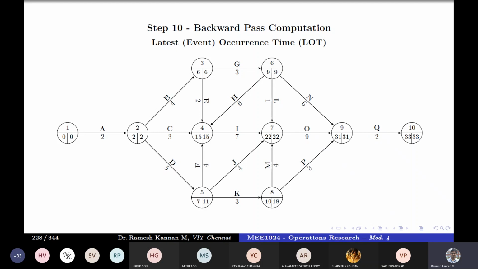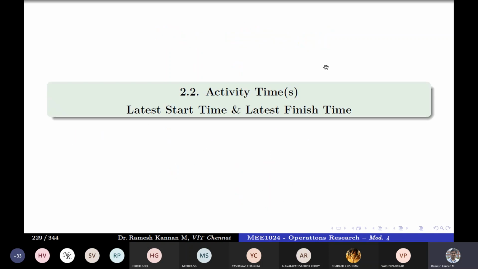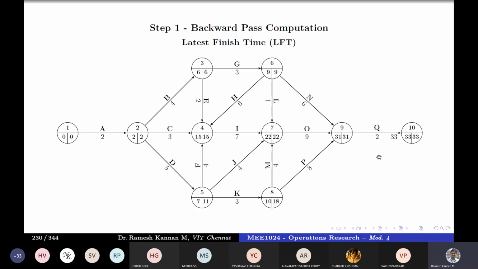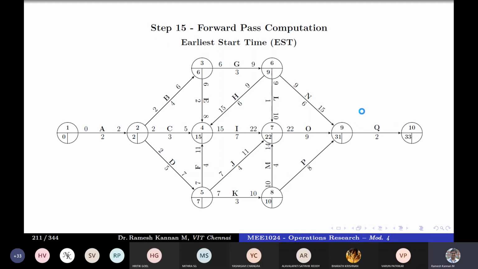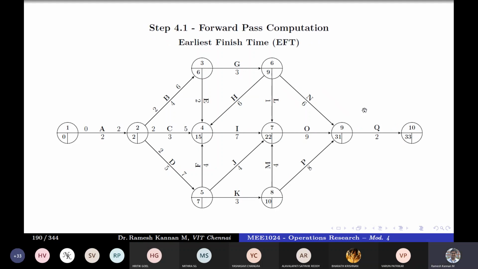But a fair idea of the critical path you get only when you calculate the latest finish time or the event times, earliest event times, latest event times. So that's what we're going to take a look at now. We'll be finding out the latest finish time. That minus the duration will give us the latest start time. Right. So what you do is LI. I'll just run through that as quickly as possible.